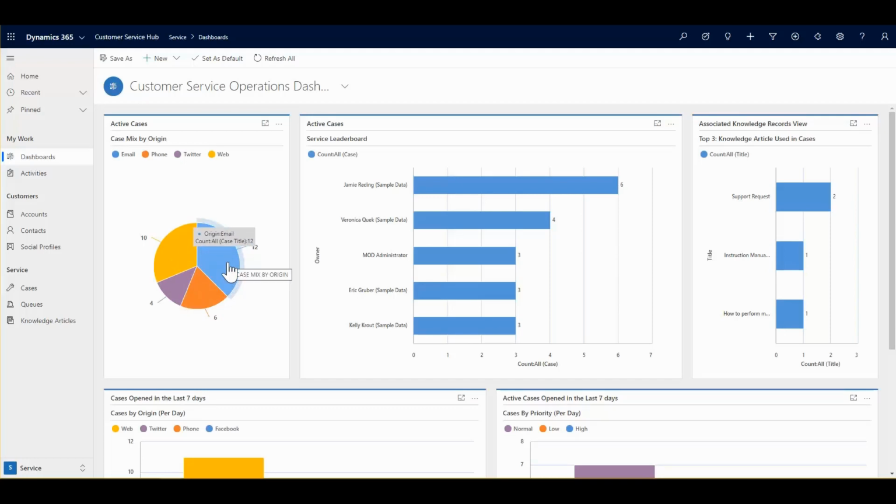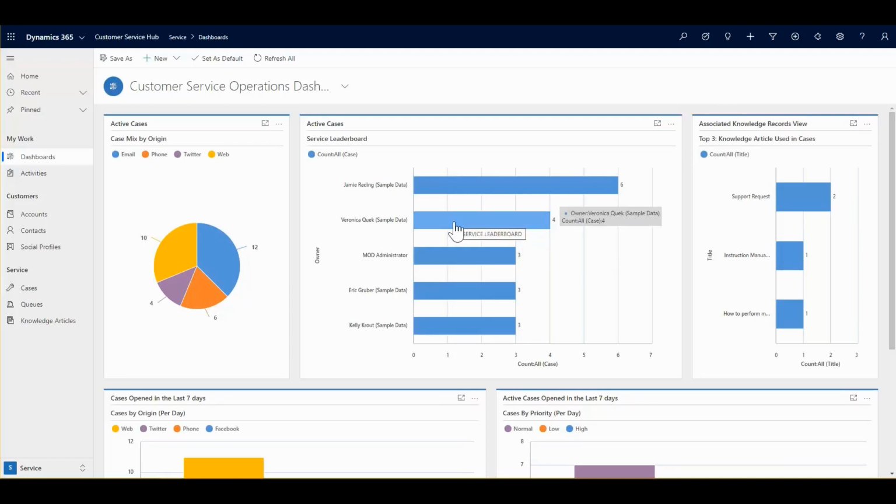On this dashboard, I can see the number of cases and the source of all those open cases. You can manage multiple case sources. Some cases come from the phone, some come from a support email address, and some from the self-service customer portal. Cases can also come from Virtual Agent, also known as Bot, installed on your website. You can integrate your customer service with social platforms like LinkedIn and Facebook to be able to communicate with your